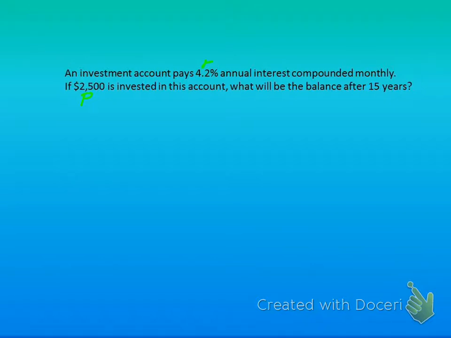4.2% is my rate, compounded monthly would be my N, and since there are 12 months in a year, N is going to be 12. 15 years is my time, so the money stays in the account for 15 years, and then we find A. So we plug everything in. A equals